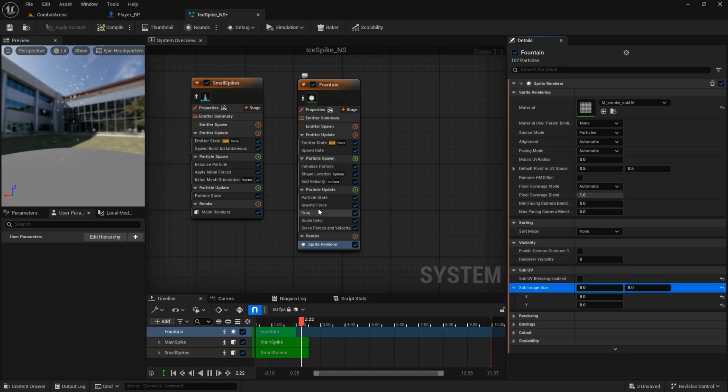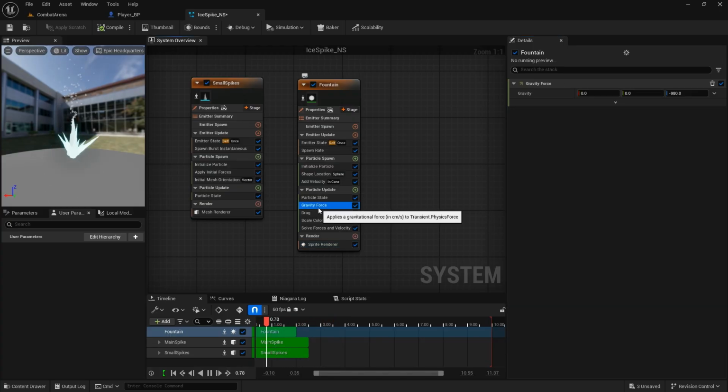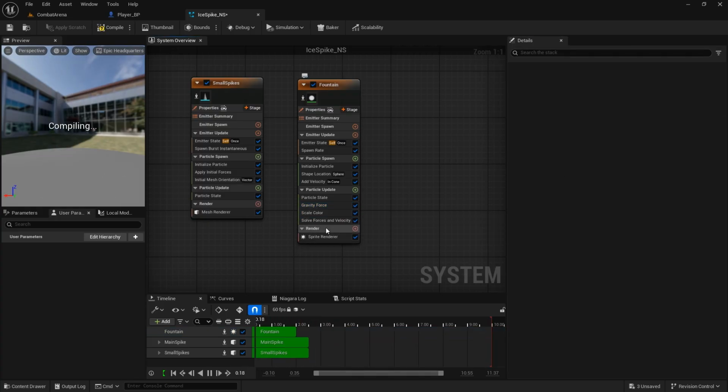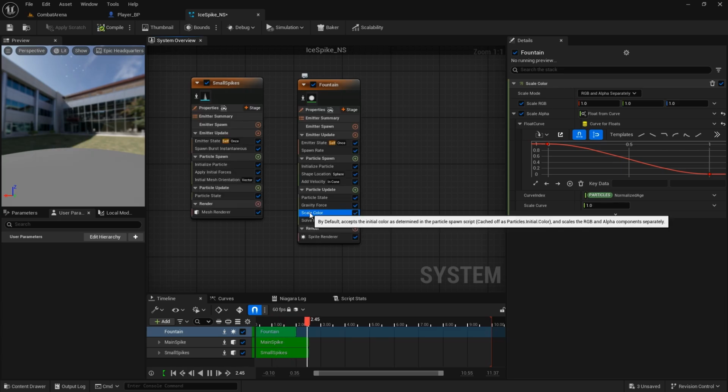And then should we leave gravity force? We can leave a very small one, like -10 here on the Z value. And drag one I'm going to delete. Scale color I'm going to